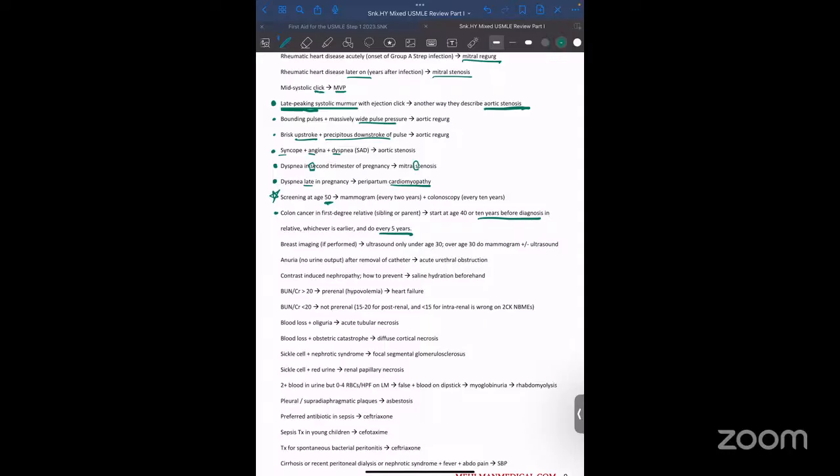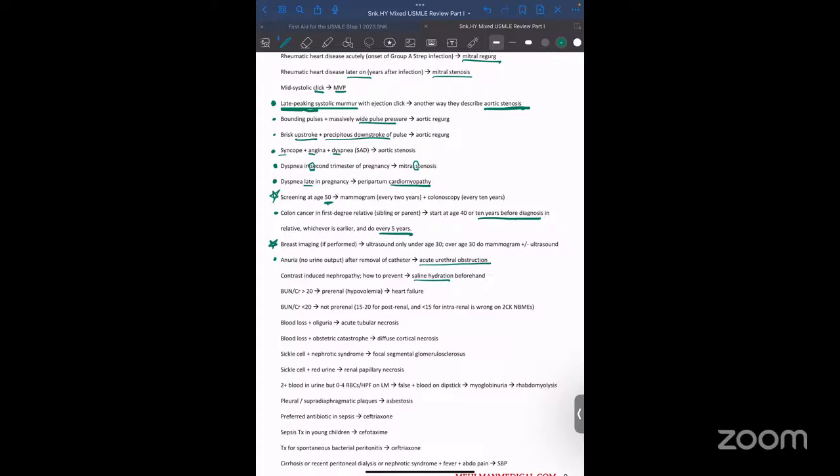Anuria, which is no urine output, after removal of a catheter means there's an acute urethral obstruction. Okay. Then contrast-induced nephropathy, how do we prevent? Give saline hydration beforehand. BUN-creatinine ratio more than 20